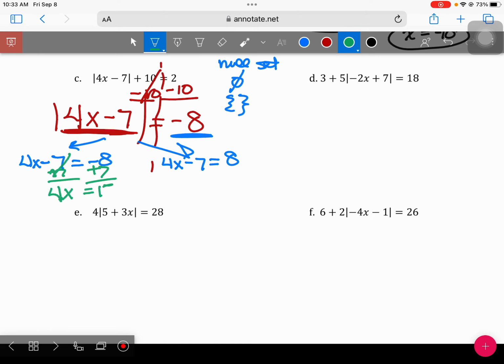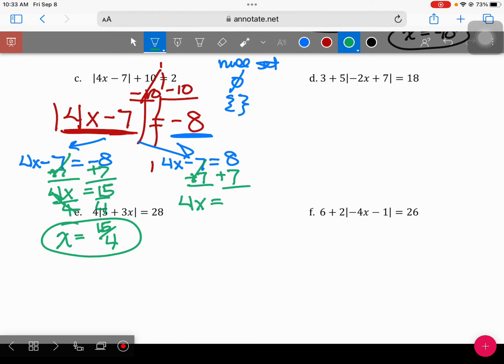4x is equal to 15. Divide by 4, divide by 4. X is equal to 15/4. It could be a solution. Just because it's a fraction, that doesn't mean anything. Over on the other side, add 7, add 7. 4x is equal to